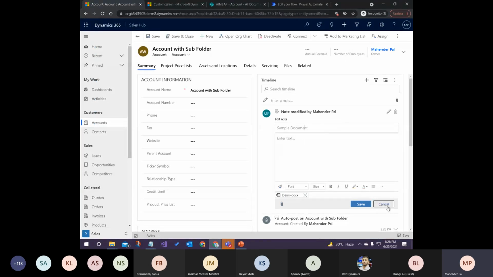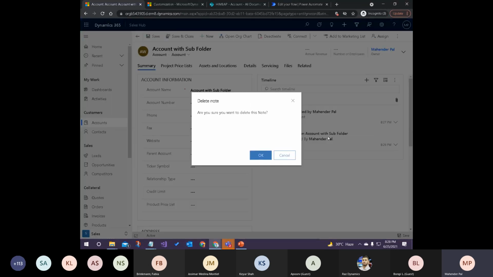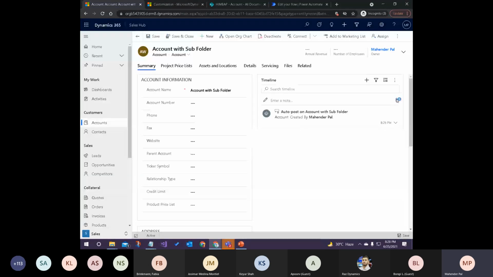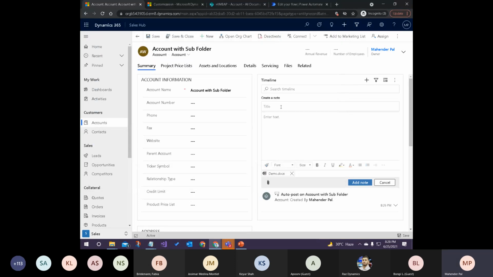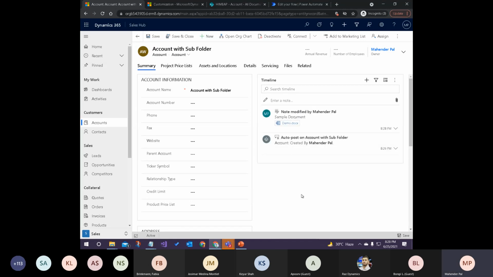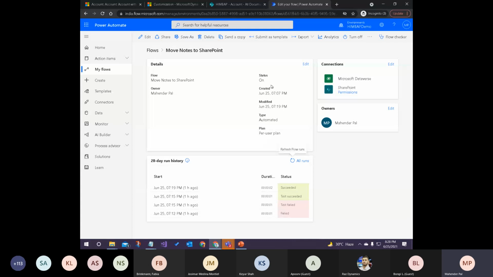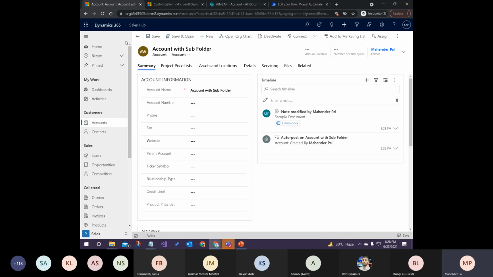This is not correct. Now let me do one thing actually. Let me delete it and recreate another one. Okay, so I'll just edit it here. Now this will trigger my flow and it will automatically transfer this note. Now if you go here and refresh it,